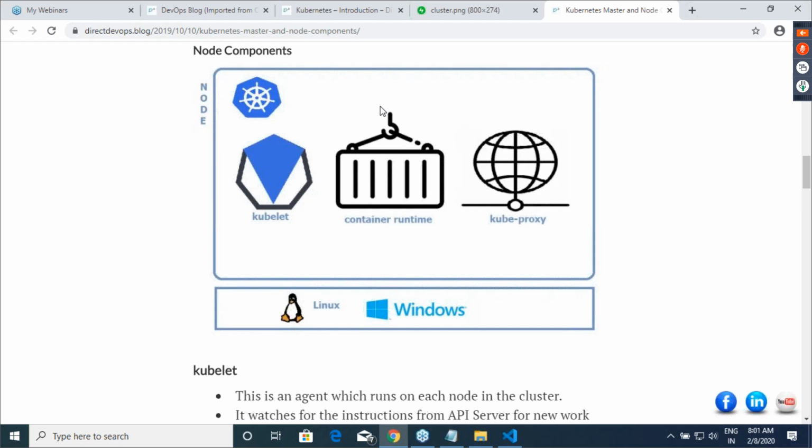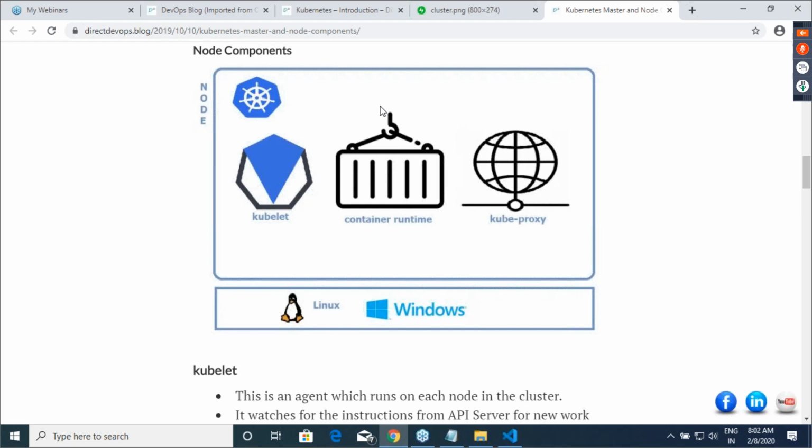And in Kubernetes nodes, we have three simple components. One is kubelet, the second one is container runtime, and the third one is kubeproxy. Okay. Let me start with container runtime. Container runtime is nothing but the container technology which you are installing over there. In our case, that container runtime is Docker. If I am using Rocket as the container technology, then my container runtime will be Rocket. In all of our cases, it will be Docker. So the node needs to have Docker installed. Even the master needs to have it, but here we have a container runtime.